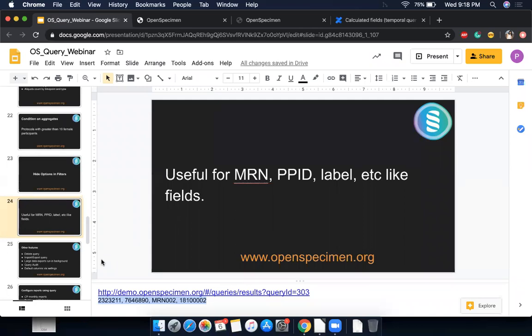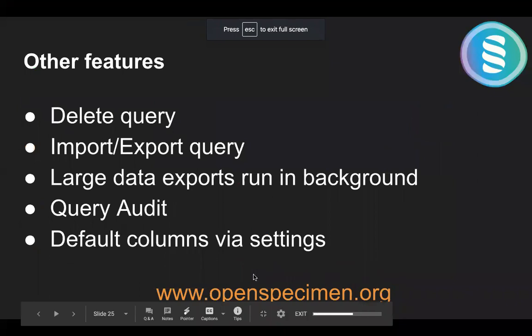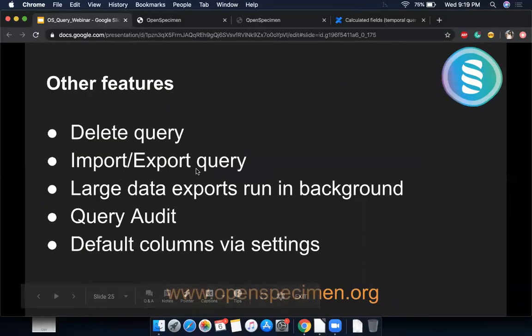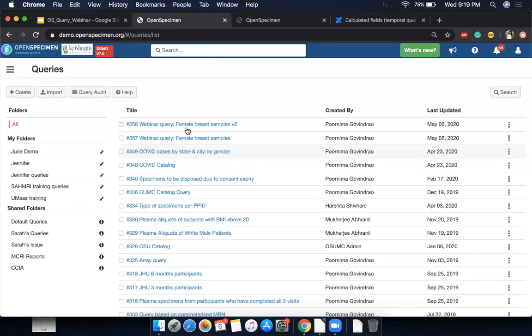Okay, so these are some of the main features of reporting. There are many other smaller features, like you can delete a query if you have access to delete. You can import and export queries. This is useful if you created a very complex query on your test server and want to move it to your production server.